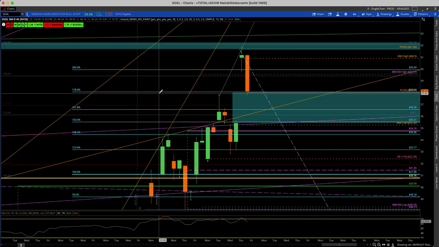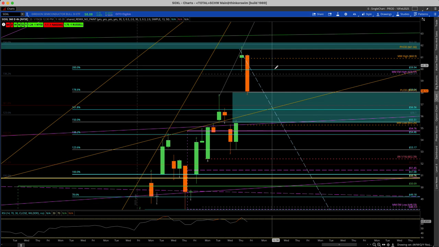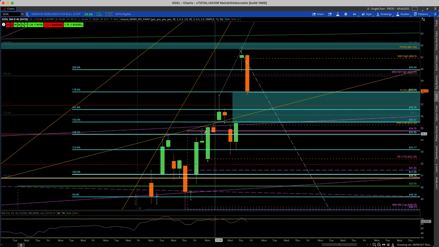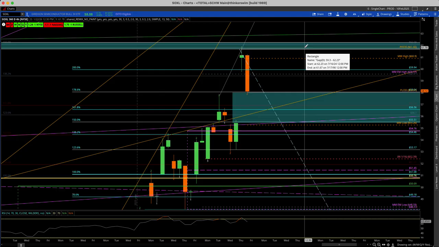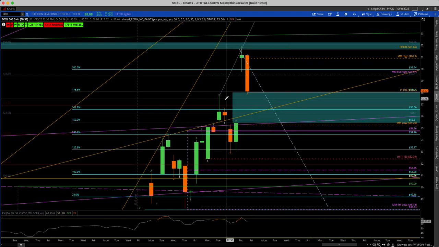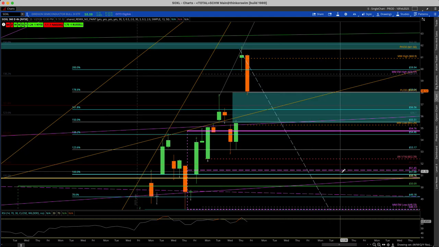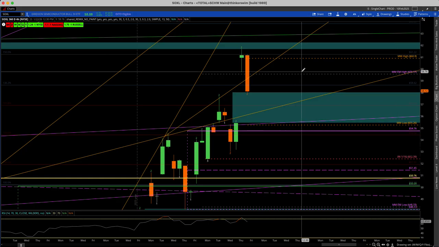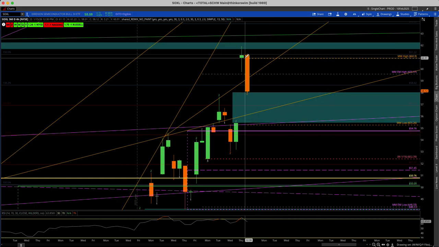These are the fib extensions for the holiday bull flag right here, the light blue ones. You can see we've got a lot going on in here from an intraday perspective. I had to get some more levels out here just because of how we've been pushing. So it did make it a little bit clunky, but let's clear things up a little bit. There we go. If we just look at it strictly from a strat perspective, we had a 2 up, 2